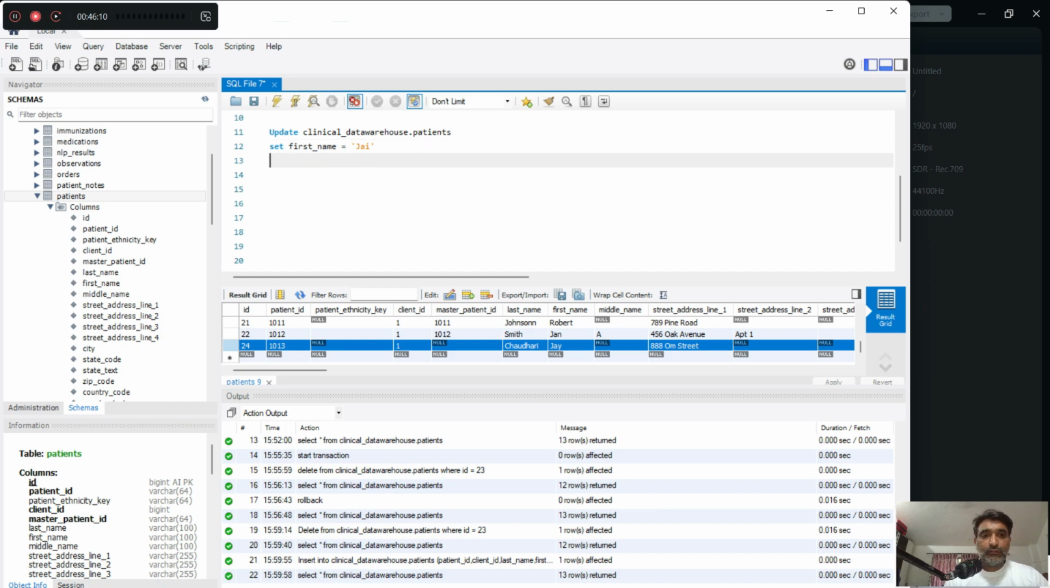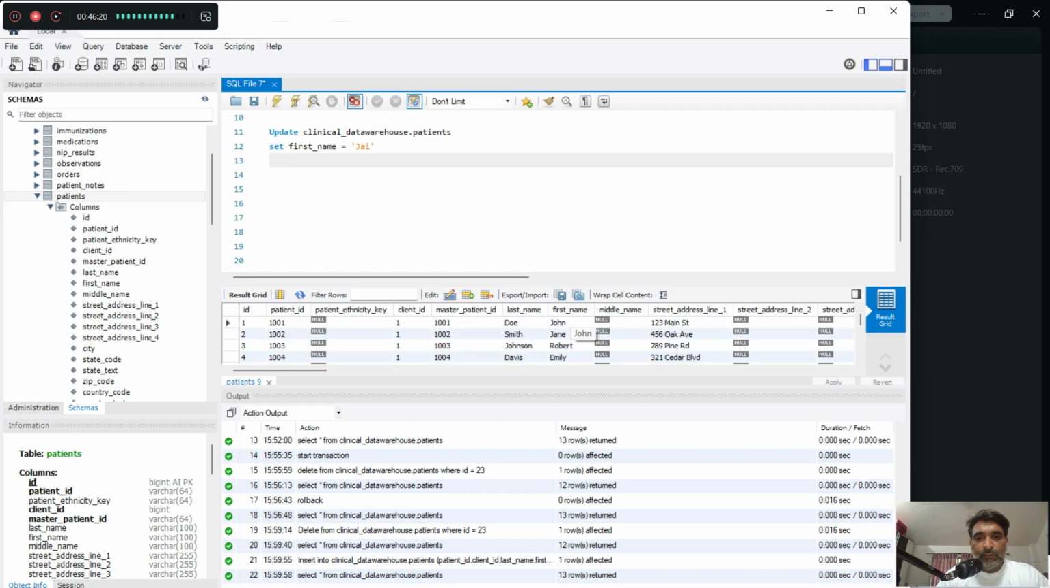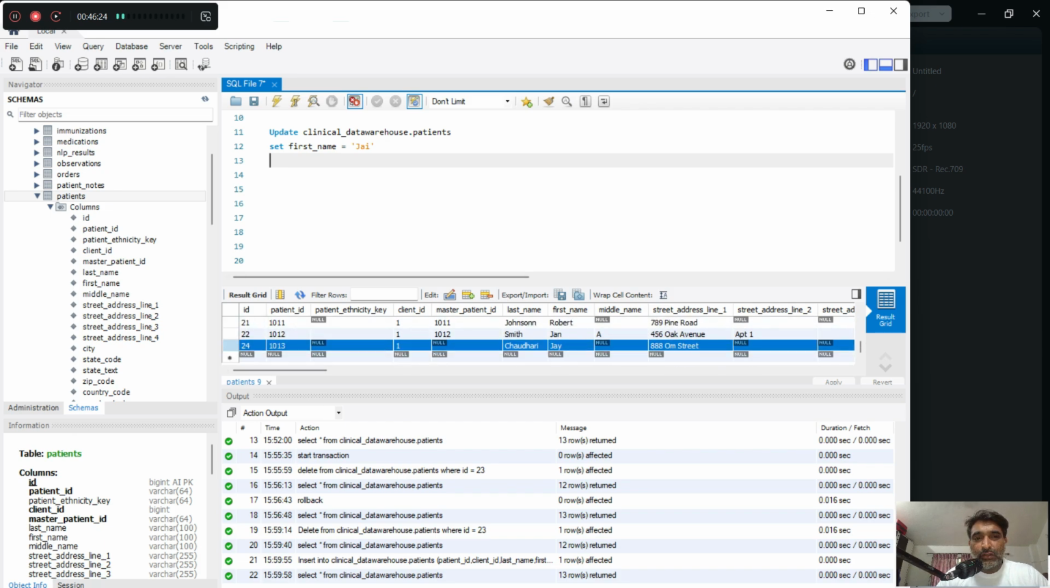Now remember, guys, if I run this query without a where condition, all the patients' first names will get set to JAI, because there is no where condition. What it does is it updates the entire table. So again, you have to be very careful when updating data in the tables. Okay, so now I give it a where condition. I say where